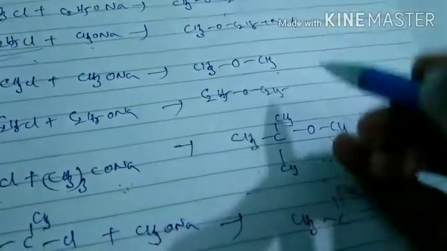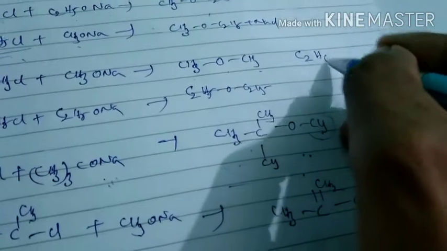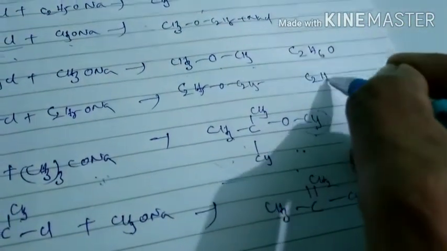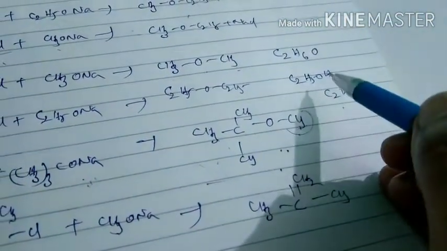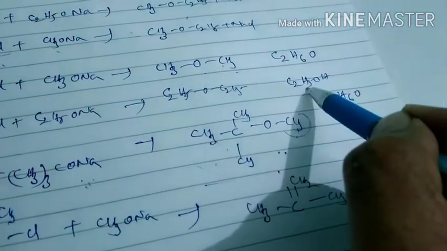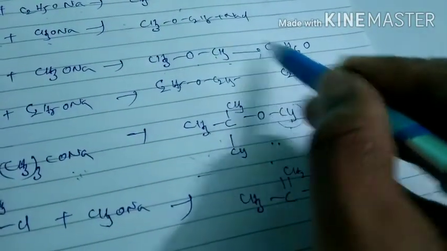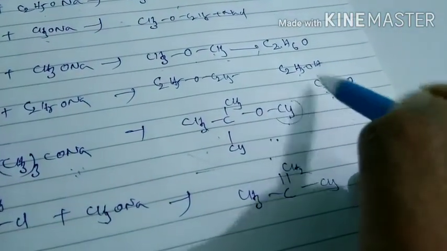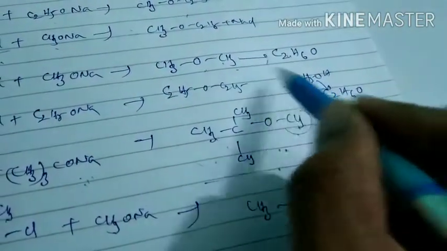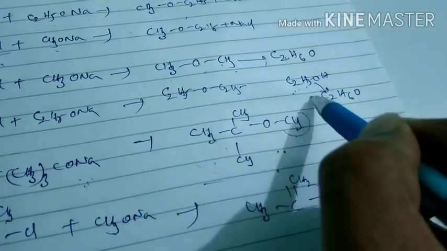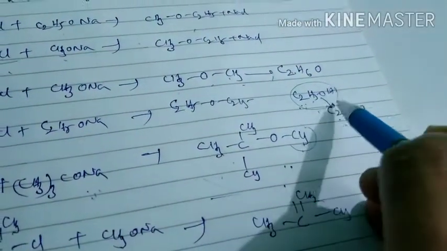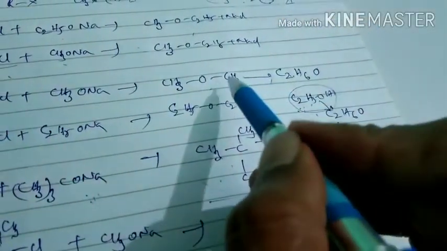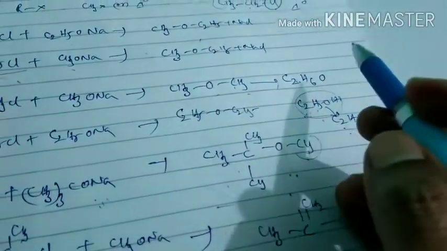See, take this one, CH3OCH3, C2H6O, this is the molecular formula. C2H5OH, this is ethyl alcohol. This is the molecular formula for this ether, and this is the molecular formula for this alcohol. So both dimethyl ether and ethyl alcohol have the same molecular formula. But this ethyl alcohol forms strong hydrogen bond. But this dimethyl ether does not form hydrogen bond.